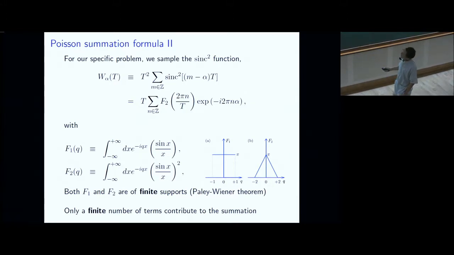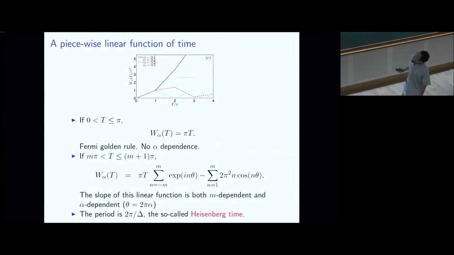It's supported in this interval and vanishes outside. So now, in this periodical sampling, the function sample has only a finite support. So here, the infinite summation problem reduces automatically to a finite summation problem. You have only a finite number of non-zero terms here. So automatically, the summation is done. So in the end, you get your W function